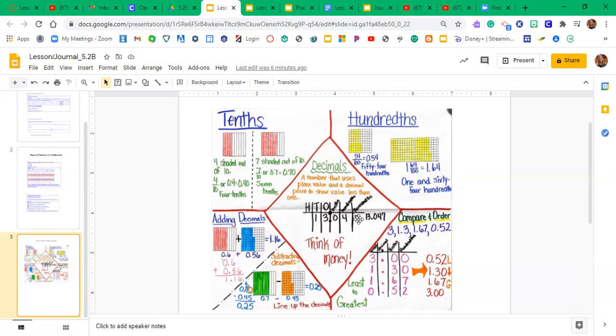So if we did not have the 7 here, we could look at the tens, the ones, the tenths, and the hundredths and think of money, and that would be $13.04. But as this decimal reads, we are looking at 13 and, that decimal is always read as an and,